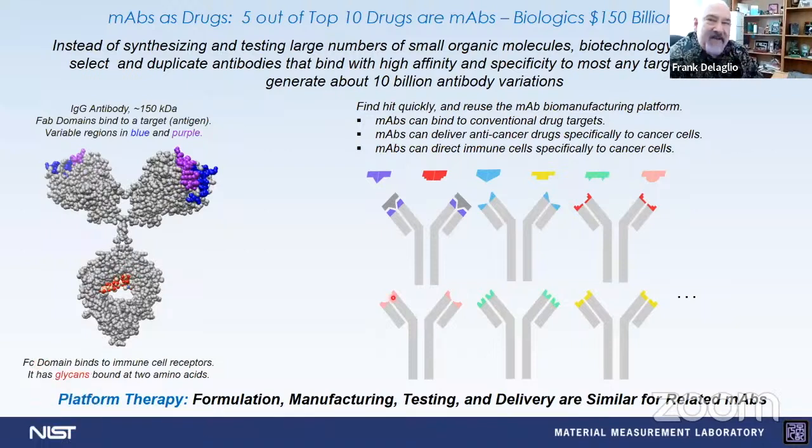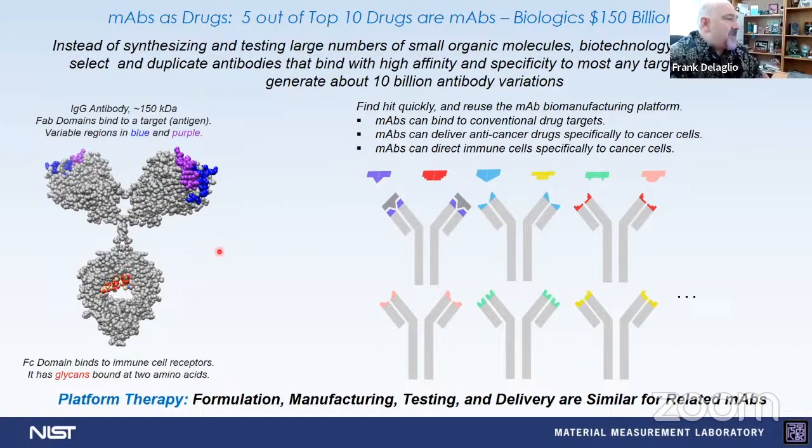biomanufacturing primarily meant the manufacturing of monoclonal antibody drugs. And this class of drugs is the fastest growing class of drugs. And the reason for this is that since an individual can generate about 10 billion different variations on an antibody, it's relatively easy to find an antibody that binds well and specifically to most any kind of target. And importantly,